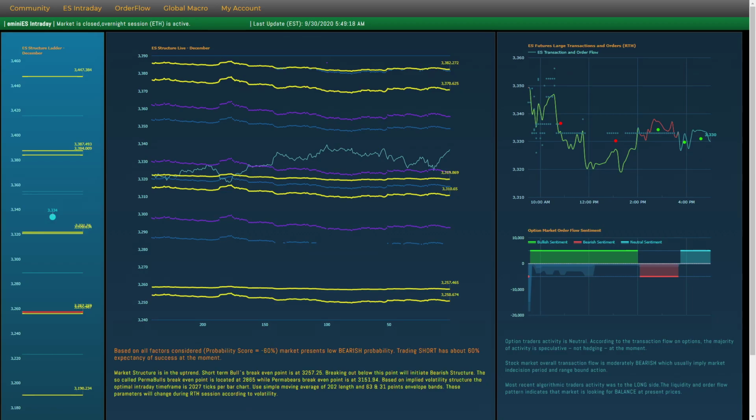Okay, so this is a primary and basic setup, and the question is, can we make it even better, or add something to it which will allow us to have more trades, or more confidence in this trade? And the answer is, I think, yes,